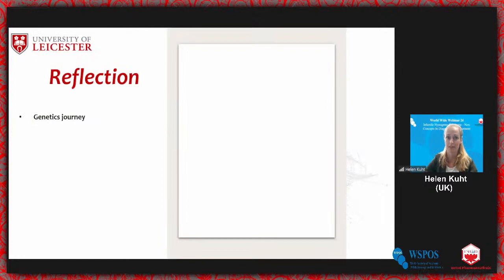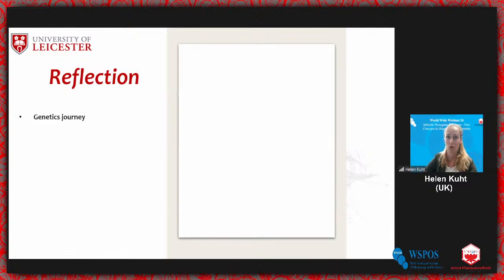So infantile nystagmus, as we know, is a rare disorder, and it often arises due to mutations of genes involved in the development of the retina, brain, and the oculomotor system. And it can be considered as a genetically heterogeneous disorder. Our focus today in this presentation will be on some of the common forms of infantile nystagmus syndrome, which is albinism, FRMD7 mutations, and SLC38A mutations. Today, I won't be talking about inherited retinal dystrophies, as these have already been excellently covered in previous webinars.